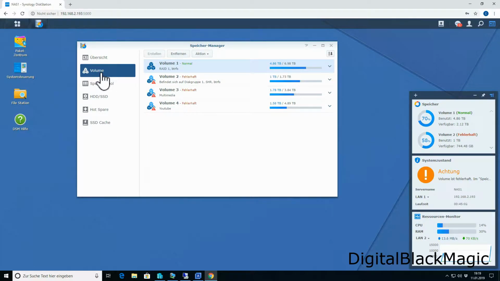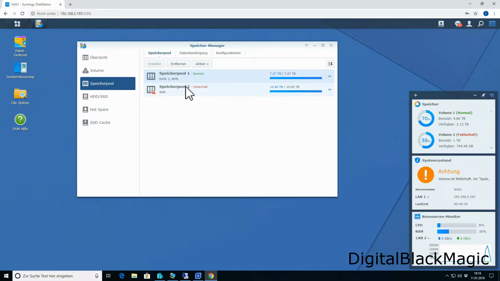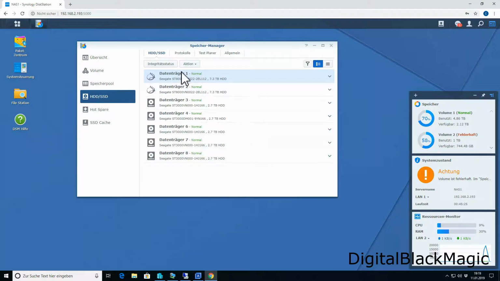Within the Storage Manager, you can check the volumes, where we find all volumes degraded but one. And then we can find disk pools or disk groups, which contain the actual hard drives. The volumes can be seen as a partition on a disk group. All volumes in disk group 2 are degraded. The SSD HDD section contains the actual disks. As you can see, disk number 5 is missing.